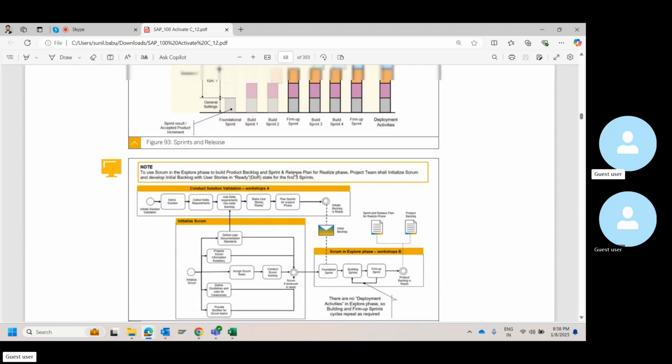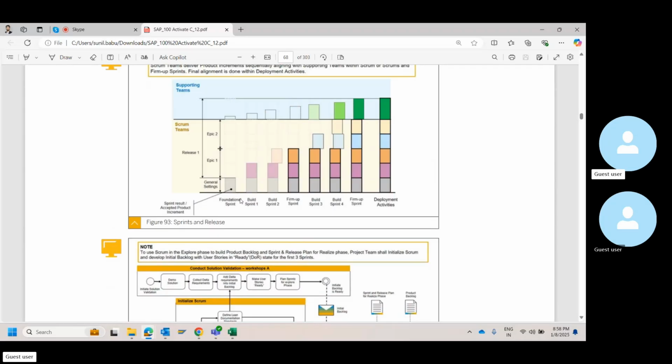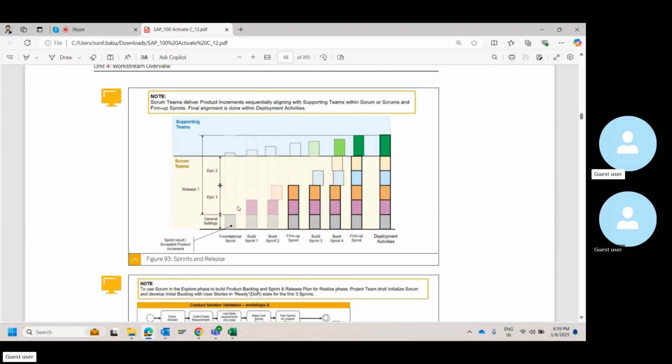Then you know how they are relating to the sprint and whatever we discussed now. So they have basically summarized it here. Your foundational sprint is your general settings, and you have build. You take it incrementally, build one, build two, then whatever, like I told you, 50 objects you have built, configuration you have done.